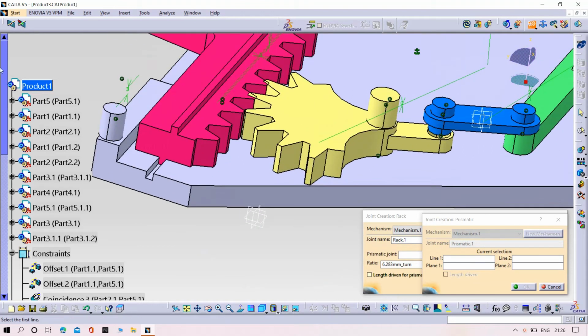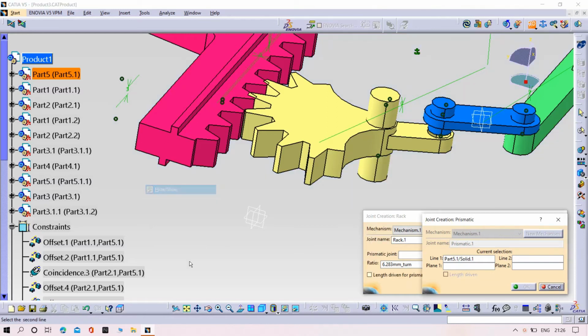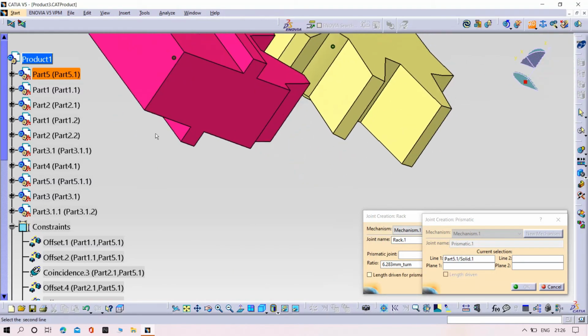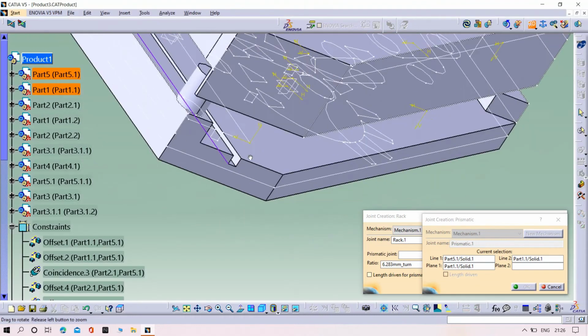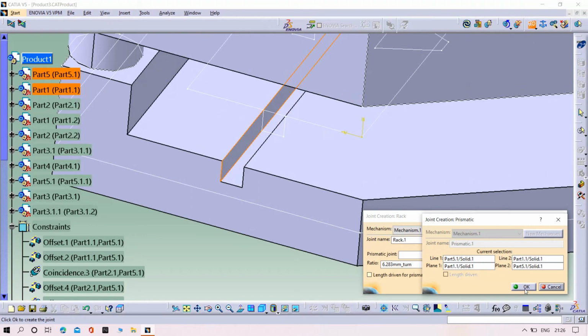Select the corners, and also surfaces which are in contact. Yeah, click OK. And now we need to create one revolute joint.